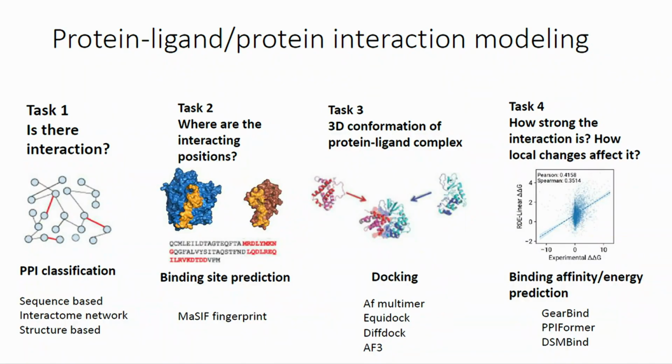So I've tried to categorize the tasks into a pipeline of four steps. The first is very simple. You can consider it a simple one, but it's the one where the data is more broadly available: whether there's an interaction or not. Basically, for any given pair of proteins with very minimal information, I would just do a binary classification and say if there's any interaction. Or you can do some regression, but usually that's very hard at this stage. So basically, just give me two proteins with minimum information, how much can we predict about their interaction patterns.